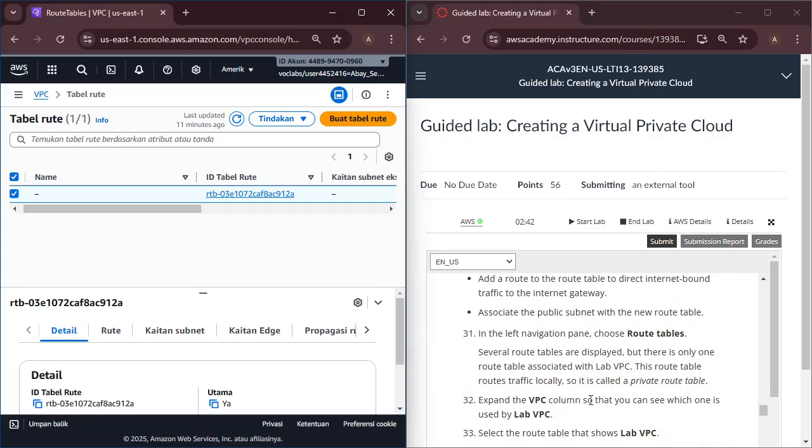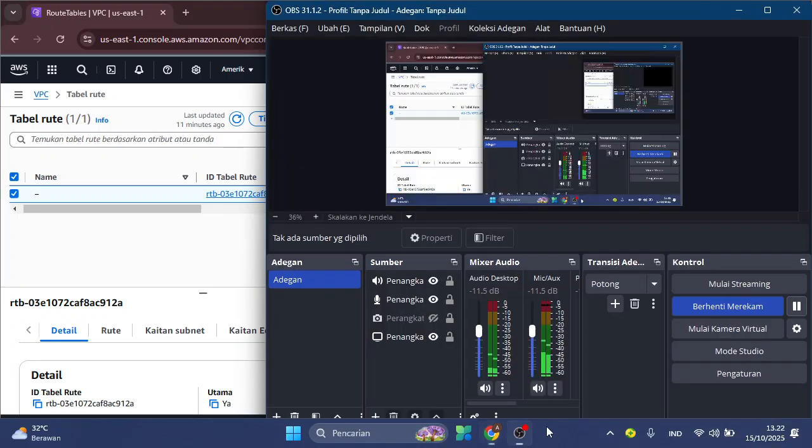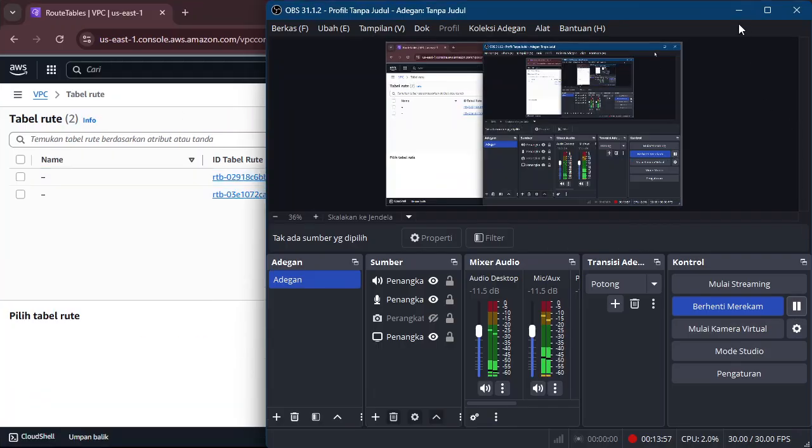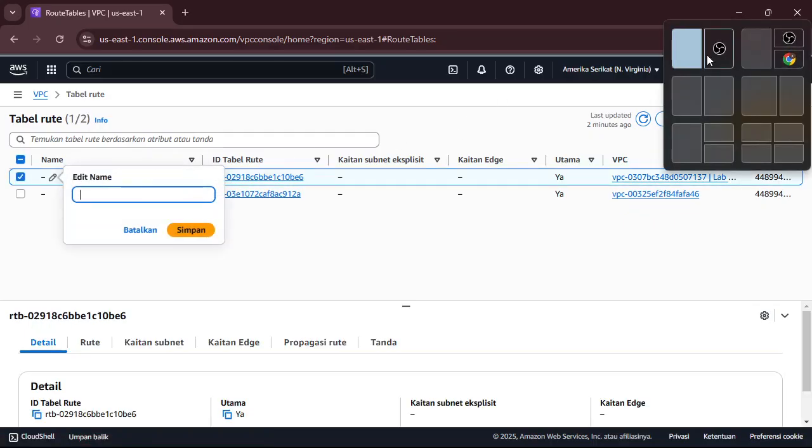So that you can see which one is by VPC. Okay, sorry. Next, we choose the lab VPC. We're choosing the lab VPC. This first. Okay.